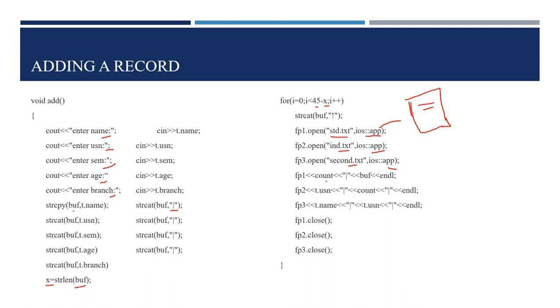So once the element is counted, when the delimiter occurs in the data file, that will be stored in a buffer, and the element is updated, and the count of the particular record will be updated. That means the record data is updated in file pointer 1. Similar to that, the indexing in the primary index and the secondary index files is updated. Once the data is updated in both the index files, the file pointers will be closed.